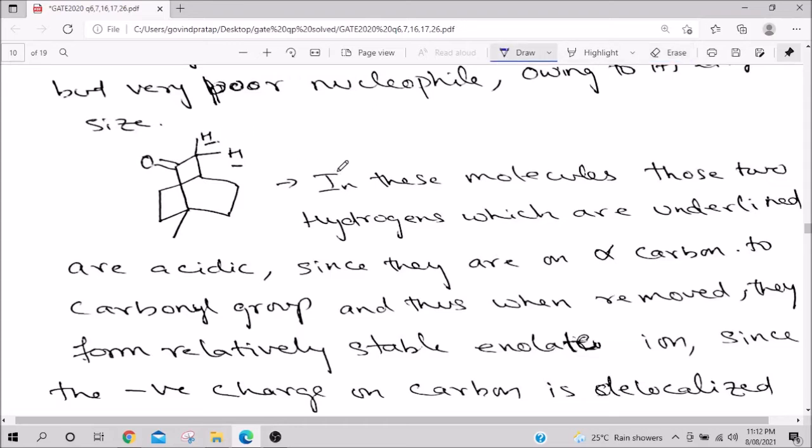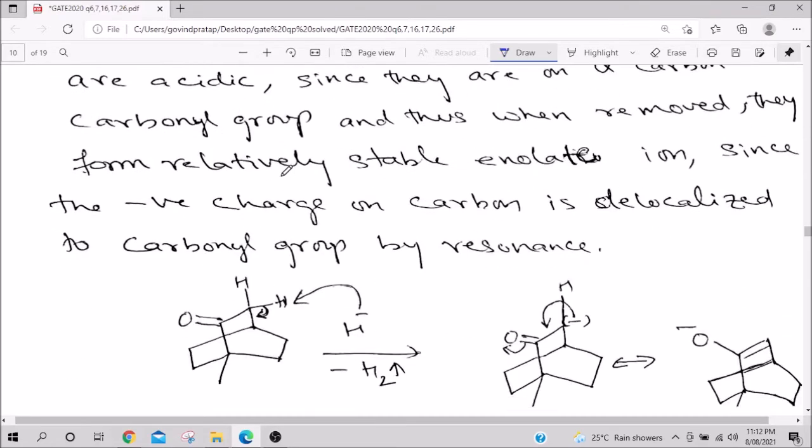Now, since you have added two equivalents of NaH, you cannot imagine that both of them will get out at the same time and you get a 2 minus charge. No, that will not happen. Why won't it happen? Because carbon is small, carbon is less electronegative, it does not have the potential to stabilize a 2 minus charge. At the max, at one time it can stabilize a 1 minus charge, and therefore the reaction will happen in 2 steps. So let us look.